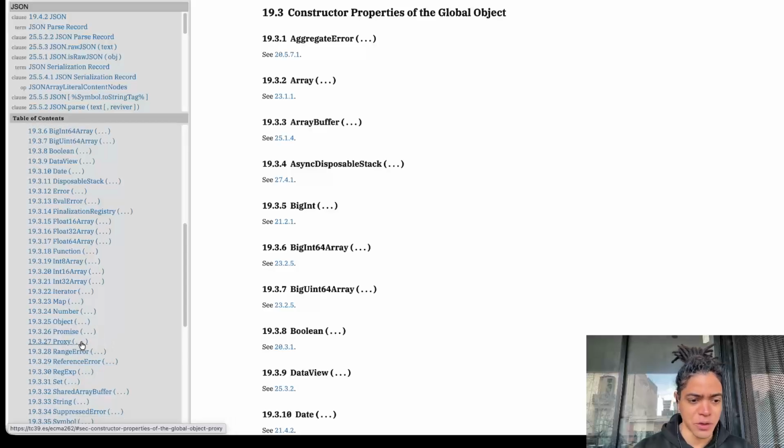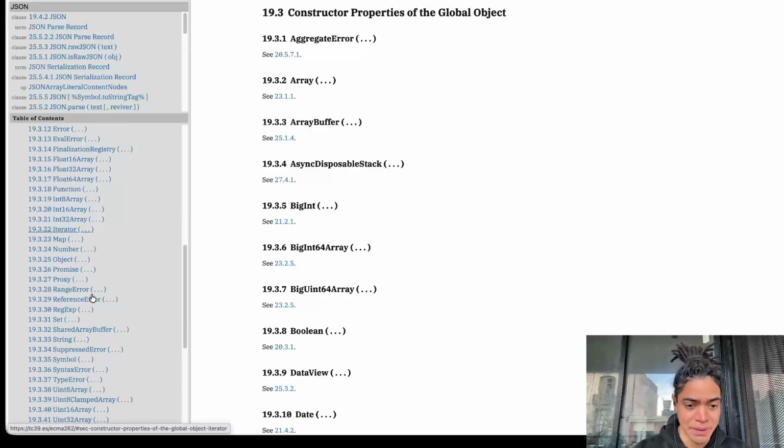So it is a mix of primitive values, object values, and built-in APIs like JSON, Map, or Math, as well as some additional ones that are relevant for